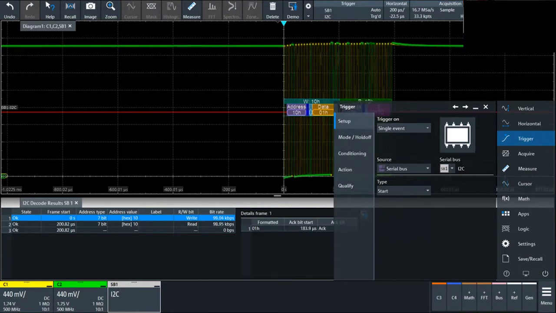And you could actually trigger on a number of different things for this particular protocol. You can trigger on a stop, a NOAC, that is a missing acknowledgement, which is great. So if you want to make sure that your devices are all acknowledging, you can look for no acknowledgement and see if those things are alive on the bus. You can trigger on specific addresses and or data values. So a lot of flexibility in this thing. And again, a lot of scopes have this feature. I think ours is a little bit better than everybody else's, but hey,